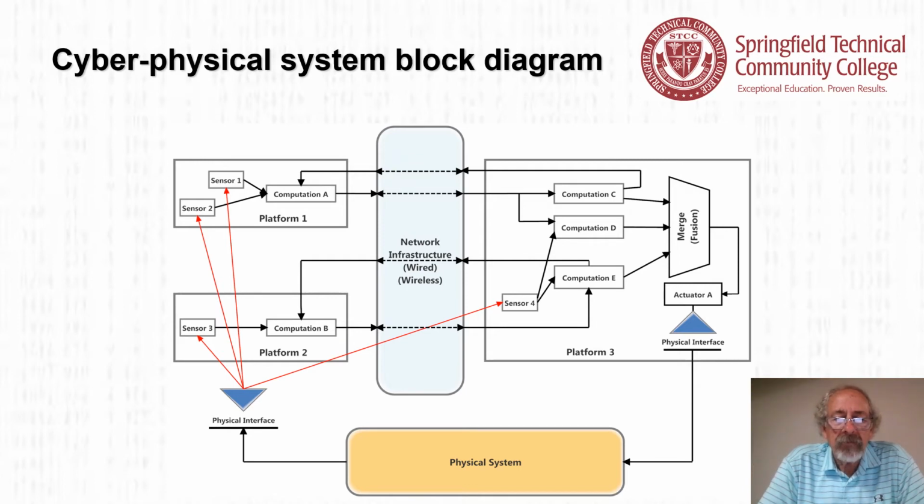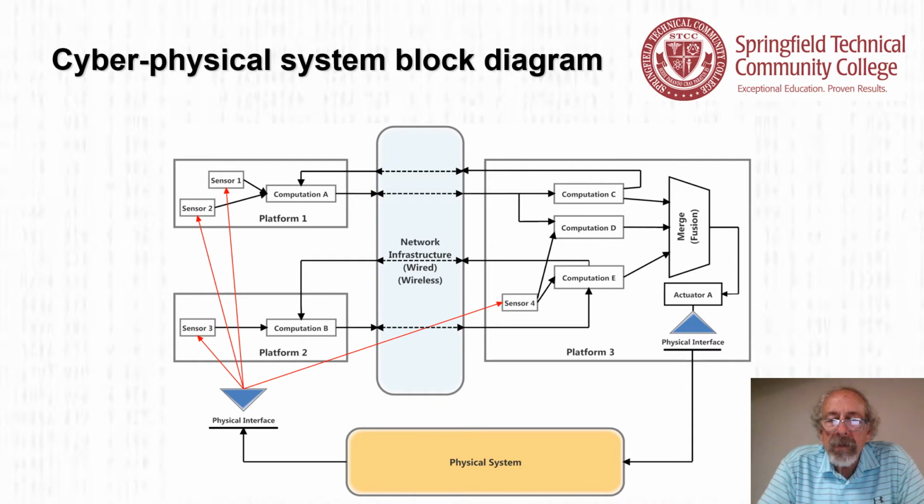So you see here platform 1, platform 2, platform 3. Those are different computing platforms. In platform 2, there's one sensor and a computation. In platform 1, there's 2 sensors and some computation. The term data fusion might be used for that. Over in platform 3, you notice that